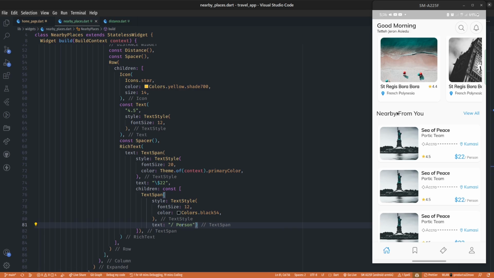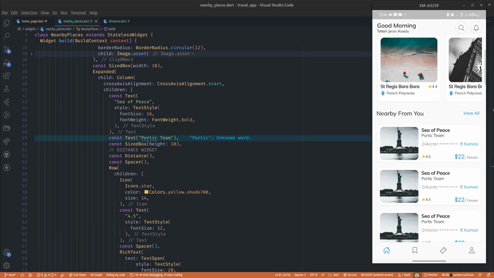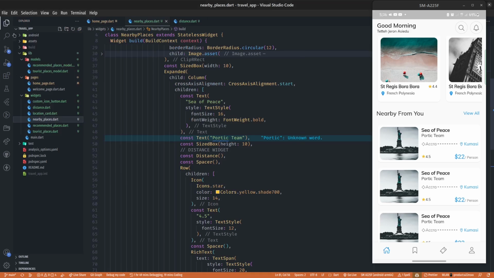So the last thing for us to do is to make these images dynamic, just like we did for the rest of the designs, right? That's the widgets. I'm going to copy that model in. So it's just going to be a simple model. We are just changing the images, right? So let me create it from scratch. So nearby places